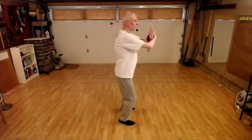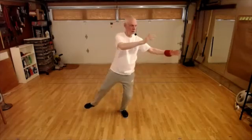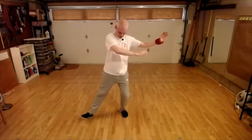So one, left toe almost to straight. Sit back the weight, release the right arm. Circle up with the right arm, down with the left, step out. Now, if you remember when you were doing brush knee and push, your arms were almost to the back corner. So here your arm,